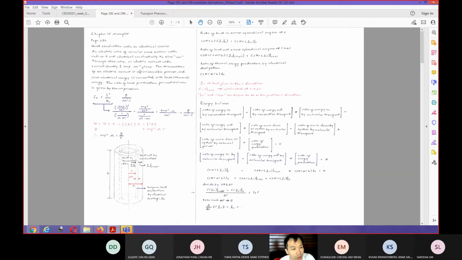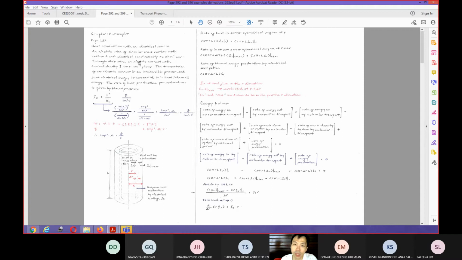Okay, so sometimes when you have this kind of electrical current that flows through your cable, then you also have an irreversible process. So some of it may be converted into heat. Okay, especially if you have a very large cable, you can feel that it's hot when the power is very high. So for example, when the current that you put through that cable is very high, then you will notice that it may get hot with time.